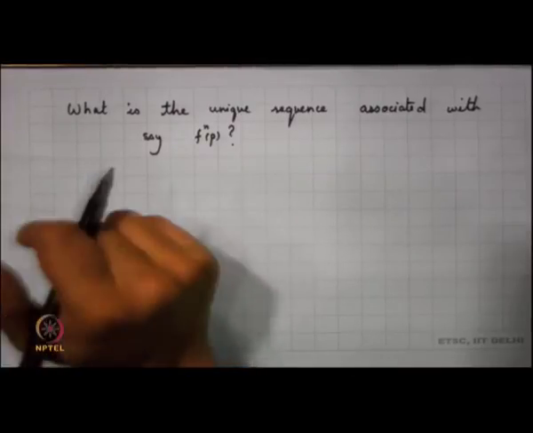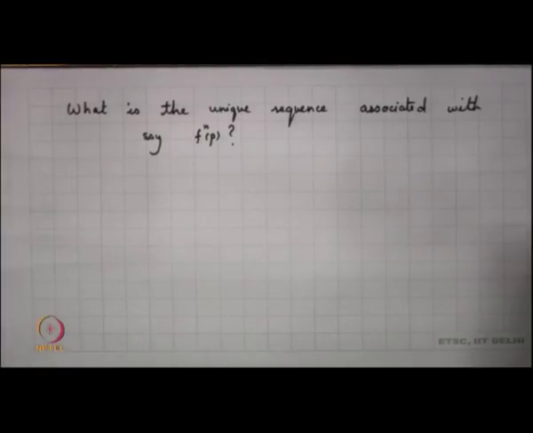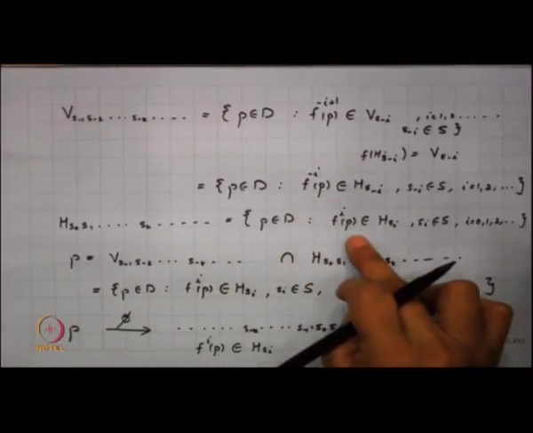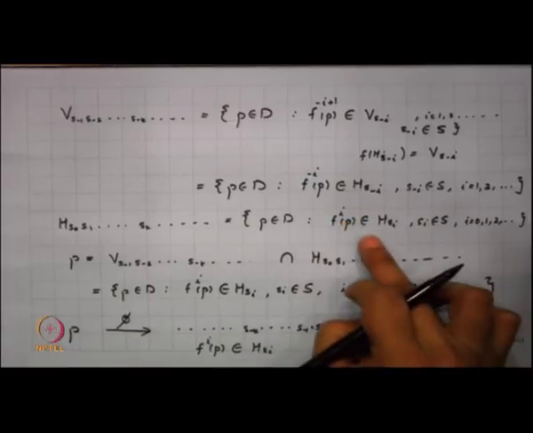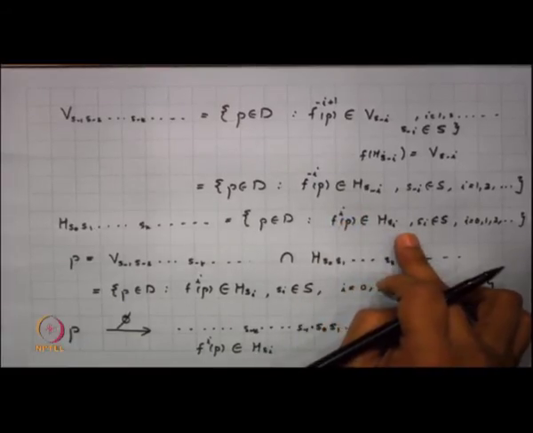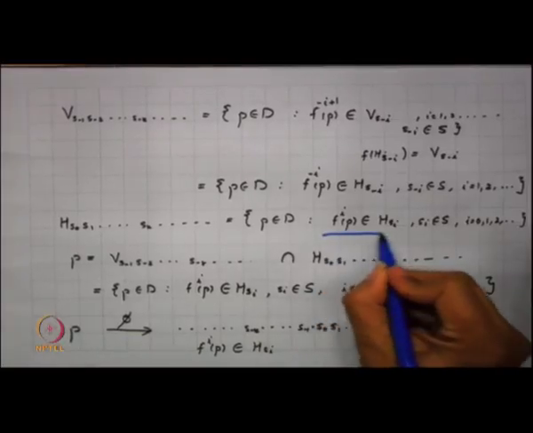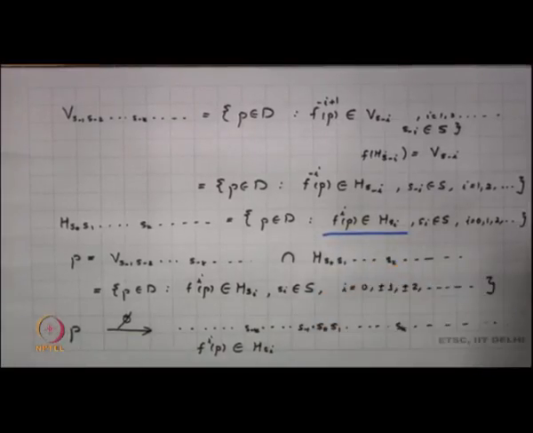Now, if I look into what happens at f^n of p, and go back into this construction, what would happen to f^n of p here? I know that f^n of p belongs to H of S_n. From this figure it is very clear that f^n of p belongs to H of S_n, that is, if my n happens to be positive. What happens if my n is negative?